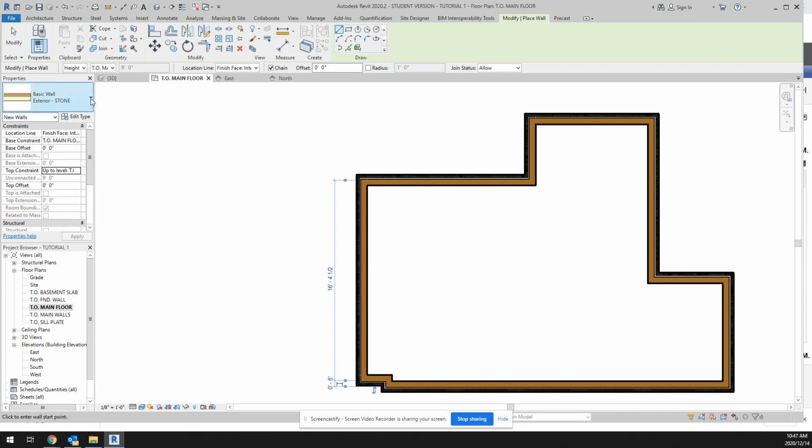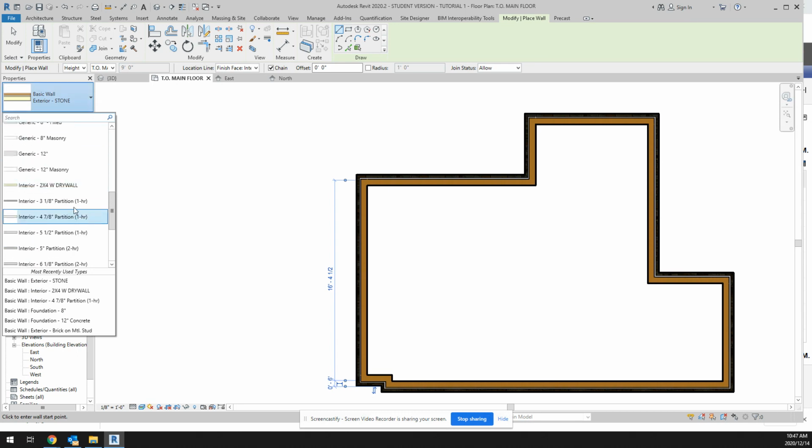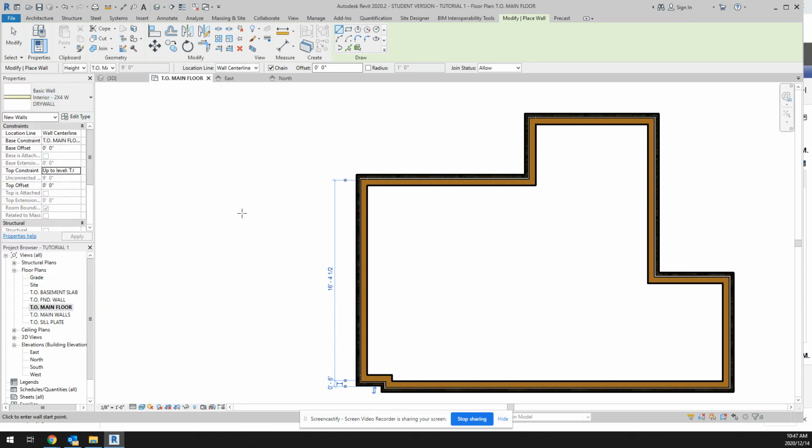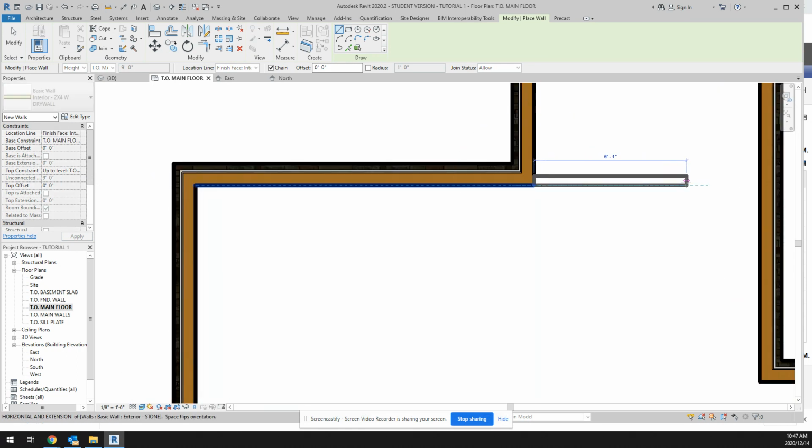If I want to add an interior wall, then I go to my interior custom wall that I set up, right? Location line again, I'm going to go to finished face interior, top of main floor, up to level, top of main walls, and then I would start drawing. So if I pick this endpoint and start dragging out,